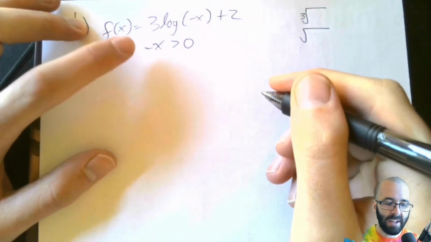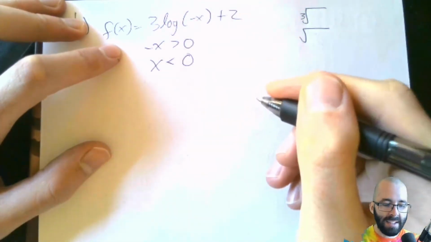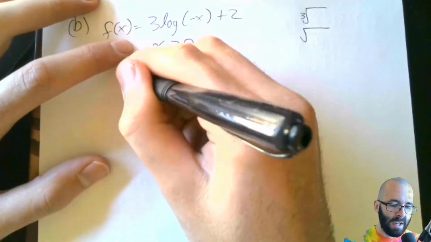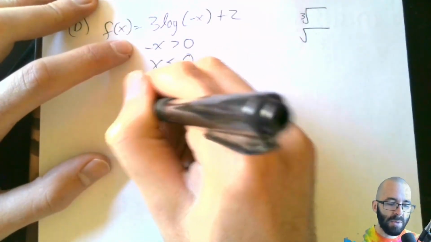The inside here is negative x. Divide both sides by negative 1. You're going to get x has to be less than 0. 0 divided by negative 1 is still 0. Our domain is all the numbers that are less than 0. And our asymptote,